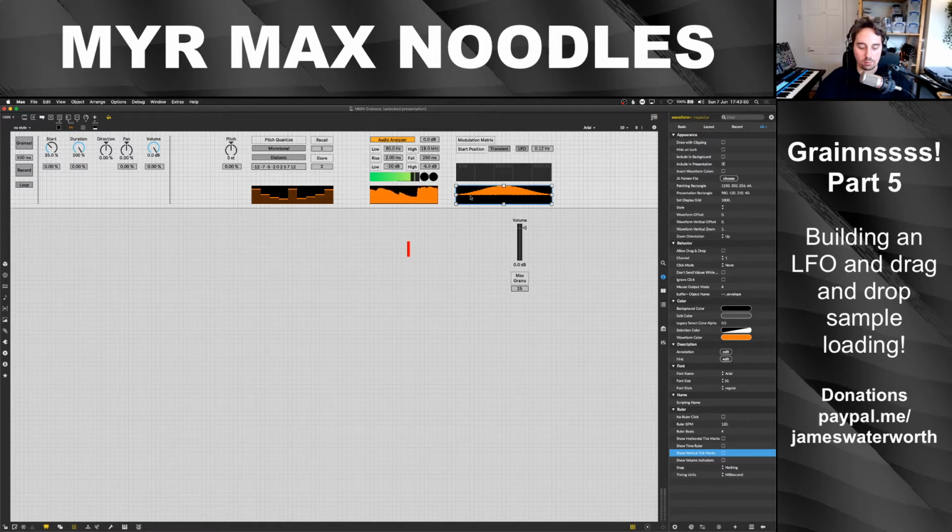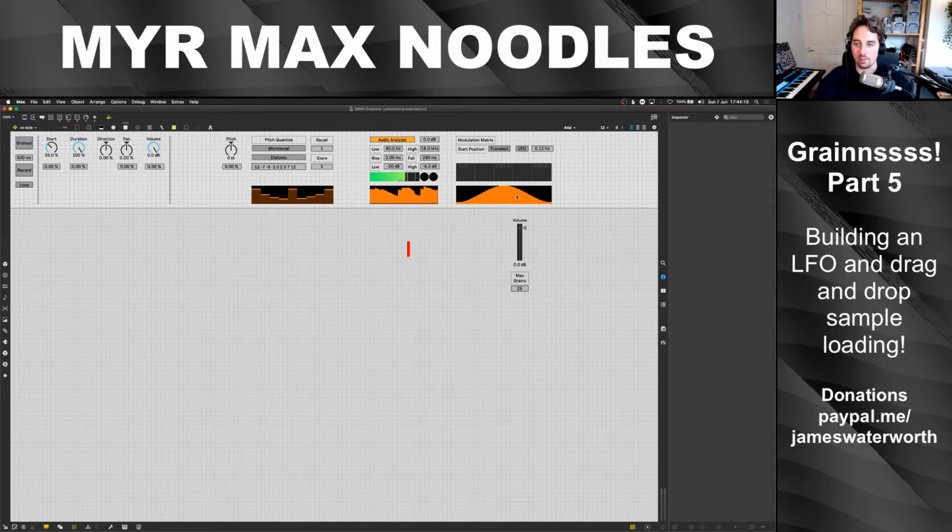Also, because it's an envelope, it's only unipolar going from 0 up to 1. So this kind of negative part of the waveform is kind of useless. So we're going to offset the waveform maybe like that. No, definitely not like that. Vertical offset, yes please. Oop, wrong way. Right way, and zoom. Zoom by 2, no. 0.5, the other way, yes. Cool, now we've got a better view of the